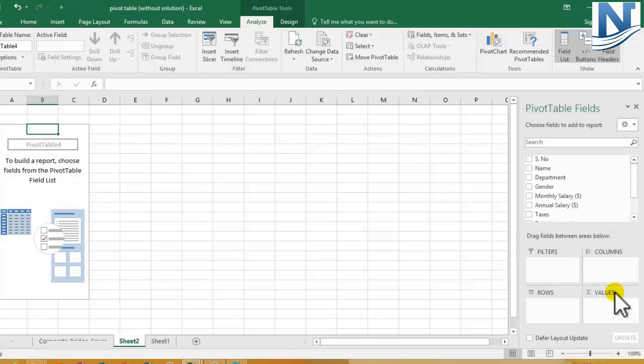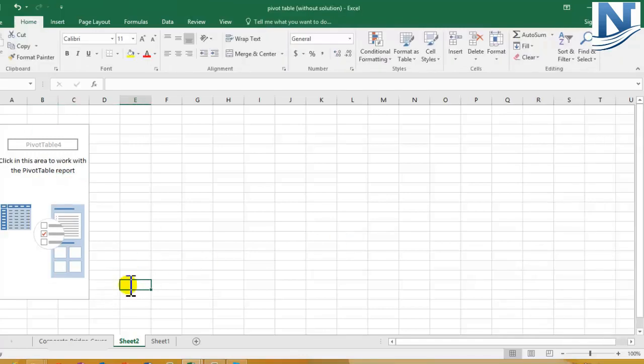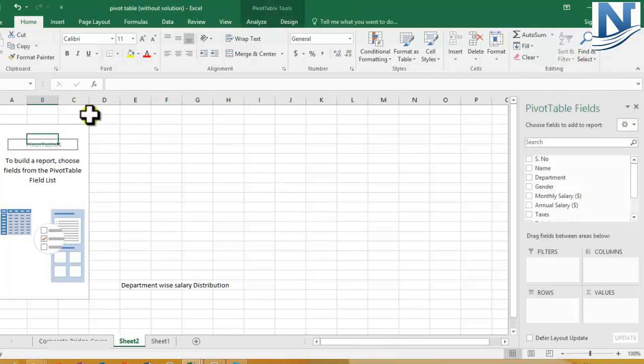So we are going to first start. Let us analyze something. Let's start with department wise salary distribution. There are 4 departments, so let's see what is the percentage of total annual salary drawn by each department. To start with the analysis, can you see once we come outside this specific pivot table field, once I click anywhere over here, the right hand side field disappears. If you want to bring it back, you just click over here and it will be back.